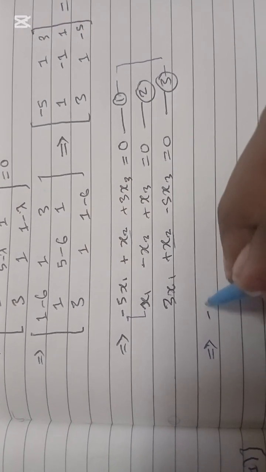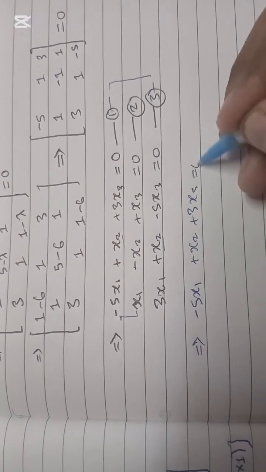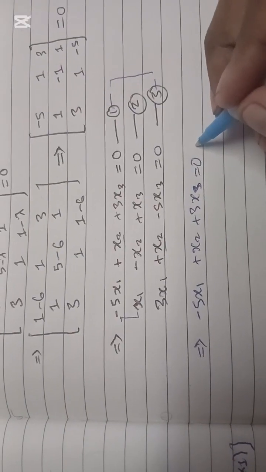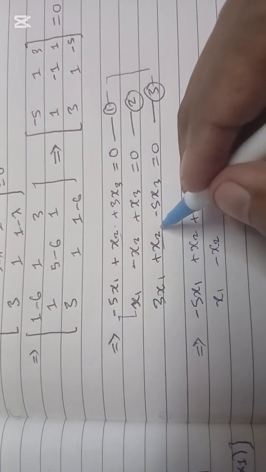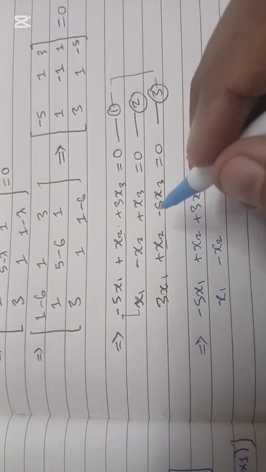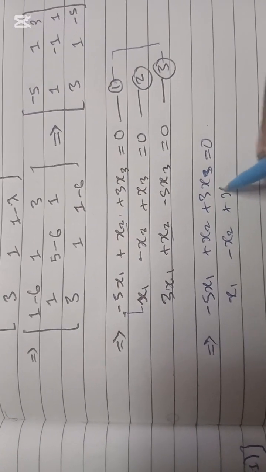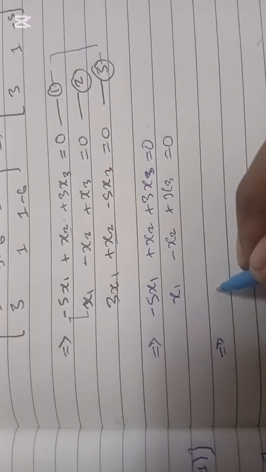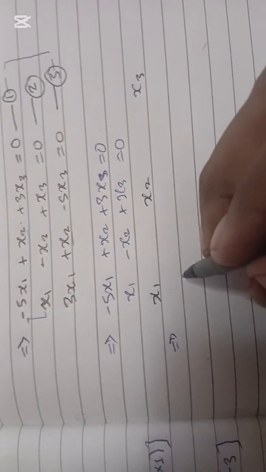We just write this again. The x1 terms in this one and this one are the same, so we will leave them out. We will choose equations 1 and 2 only. So we just say our x1, x2, x3 values are